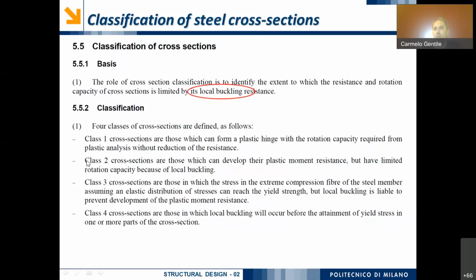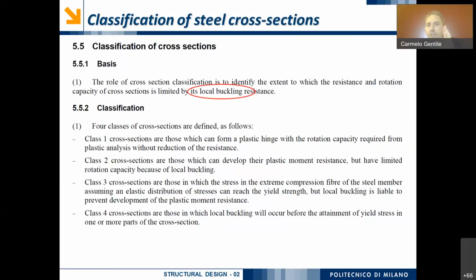For the first 2 classes of cross-section, I can use the elastic or the fully plastic interaction domain. For the upper classes, class 3 and class 4, I have to use just the elastic interaction domain. In fact,